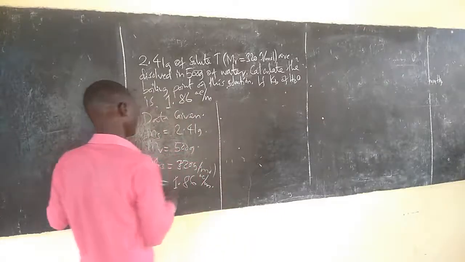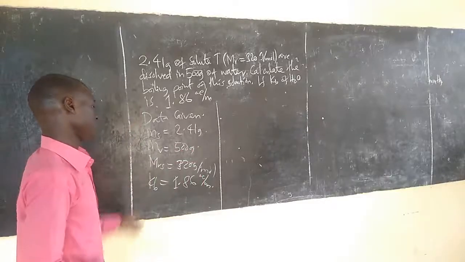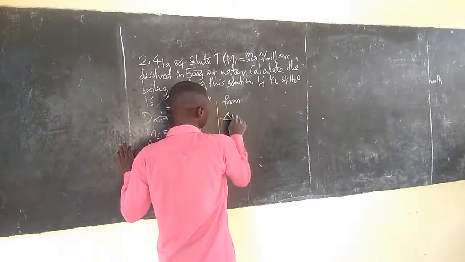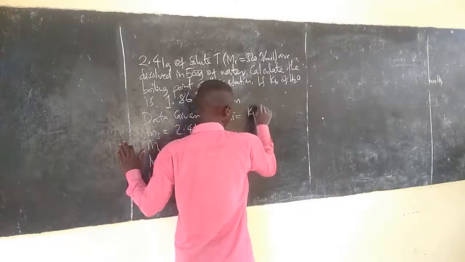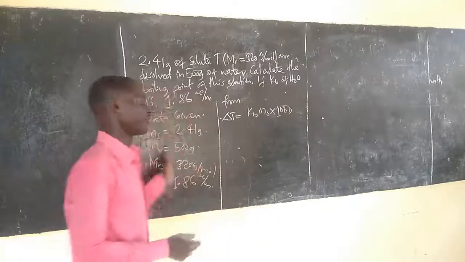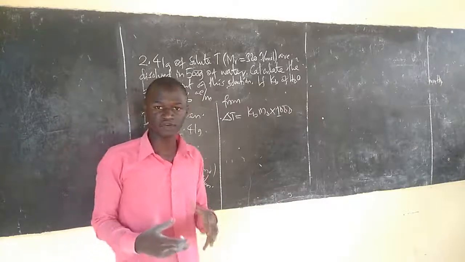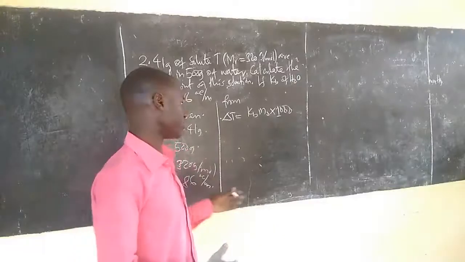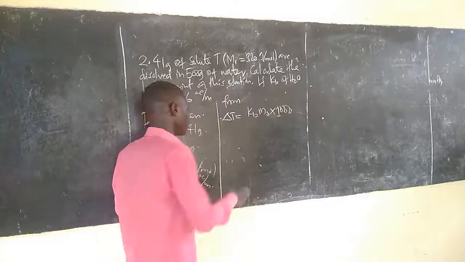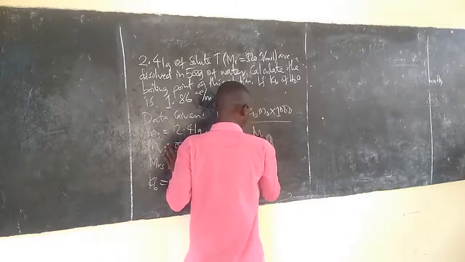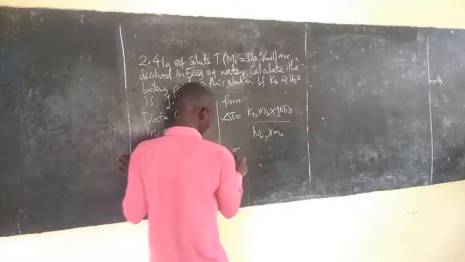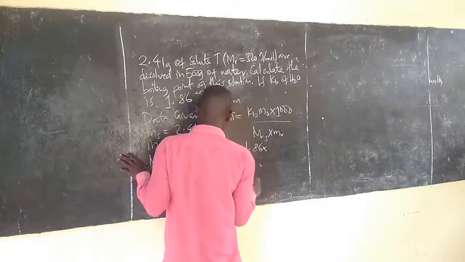From there we say, in swali data ndio from there tunasema from change in T equals Kb times mass of solute. Hapa tunazidisha mara 1000. Kama hujaambiwa Kb is for 100 grams, unazidisha mara 1000. Na ukipewa Kb ambayo iko kwenye unit hiyo hapo unazidisha mara 1000. So tunagawanya kwa hapo tutapata Kb mass of solute,